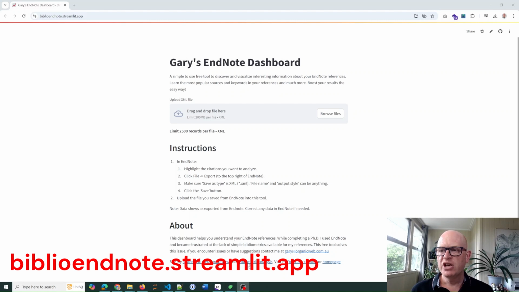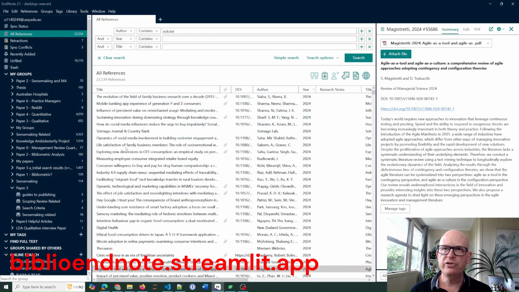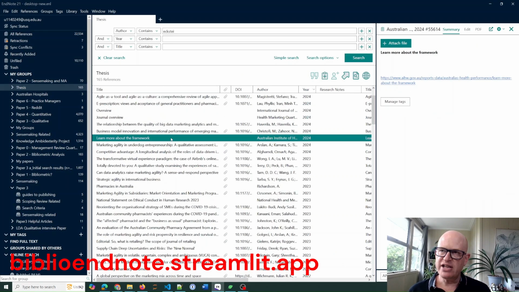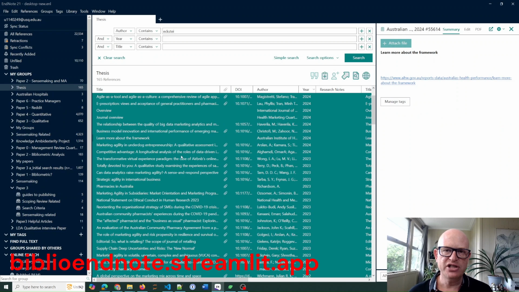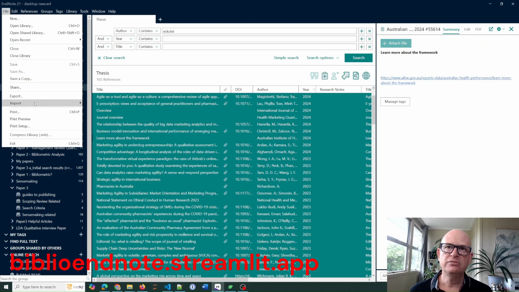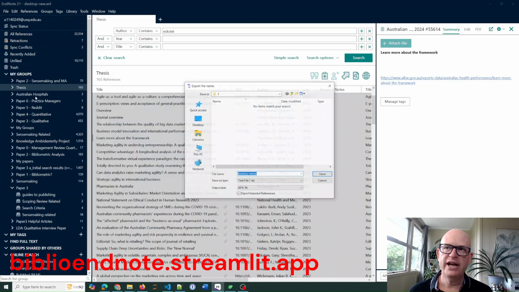Let me show you. If we go across to EndNote, you might have tens of thousands of references here, but I'll select a folder in this case and just select the references you want to analyze. Then click File, Export,